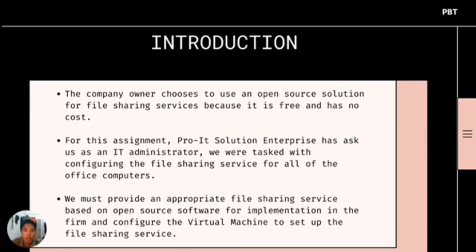Introduction for this problem-based task. Based on the problem, because the amount of business has lately increased, management decided to upgrade the present method utilized for file sharing across departments and staff. The company owner chooses to use an open source solution for file sharing services because it is free and has no cost. For this assignment, Pro IT Solution Enterprise has asked us, as IT administrators,